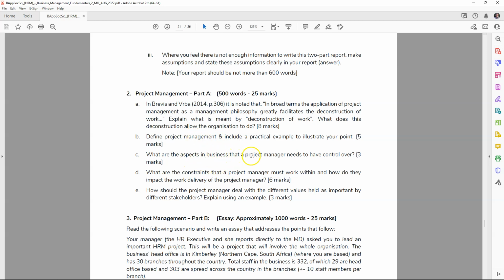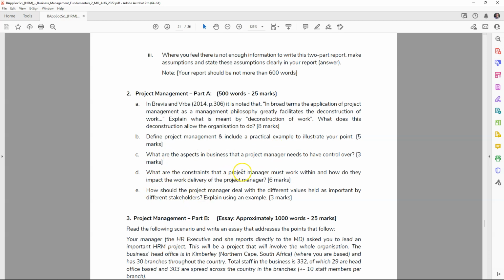What aspects the project manager needs to have control over is specifically noted in the textbook, which we expected you to have read, and then you will explain those issues here, or similar issues, to explain your understanding of that.